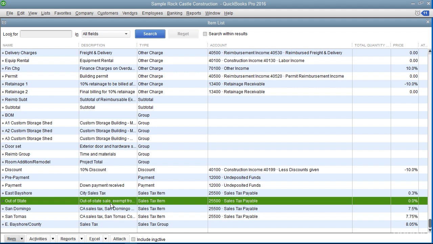This is because in states that collect both a state and county sales tax, some states want you to report state sales tax and county sales tax as separate items, while other states want you to report them as one item. To create a sales tax item within the item list, click the Item button in the lower left corner